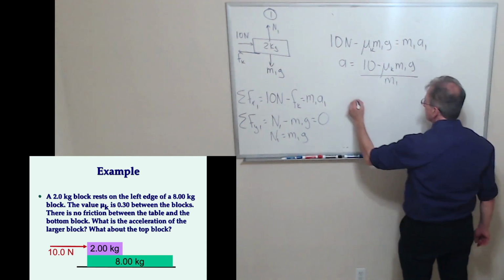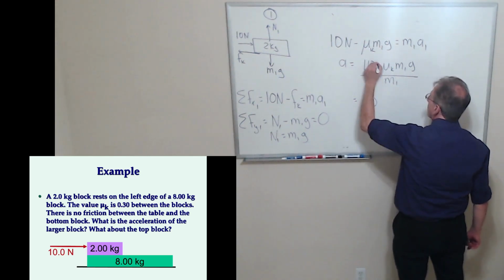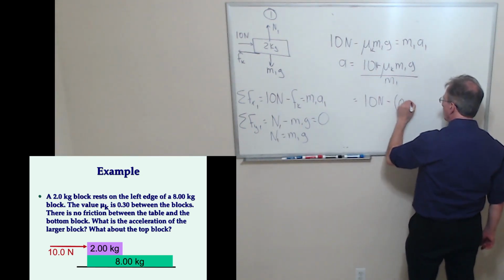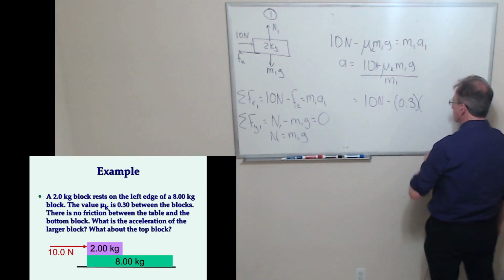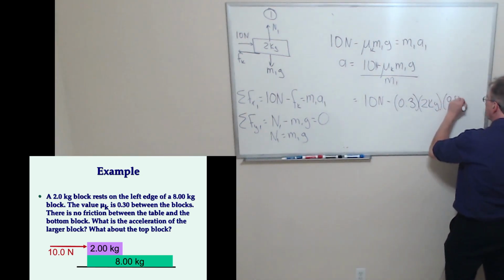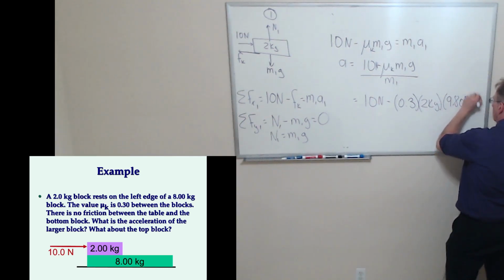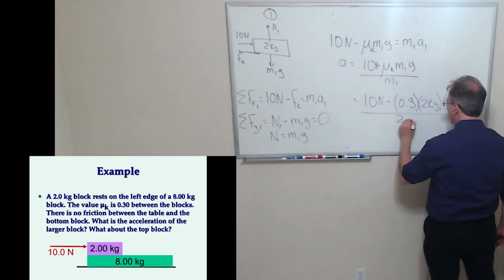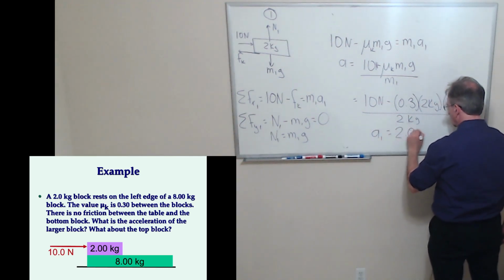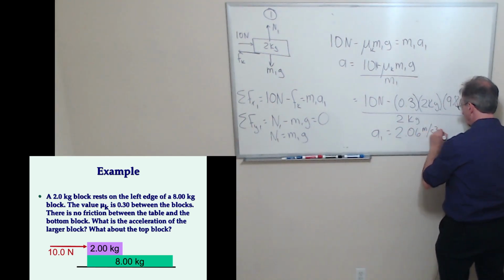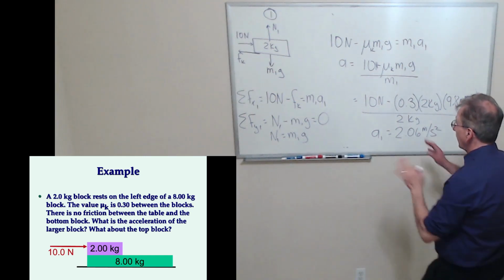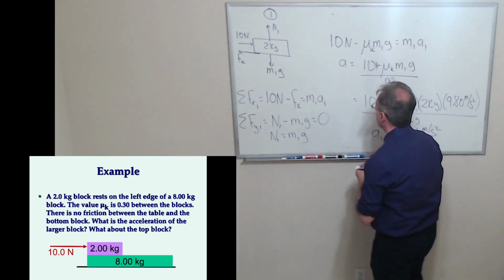And then I substitute the values. Mu sub k is 0.3, m1 is 2 kilograms, g is 9.80, and m1 is again 2 kilograms. When you substitute the values, you get 2.06 meters per second squared. Okay, so we have everything we need to know for this one, and then for the other one,